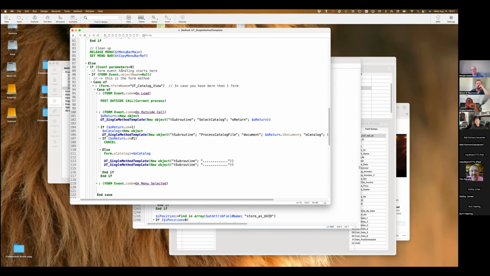If I have no parameter, but my form event object name is null, then I am in the part where you have your form method.